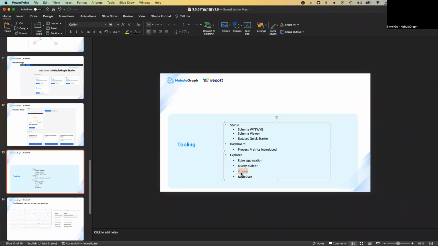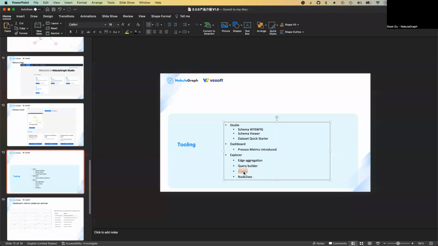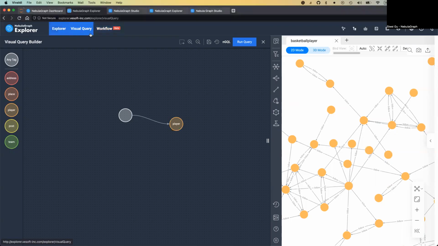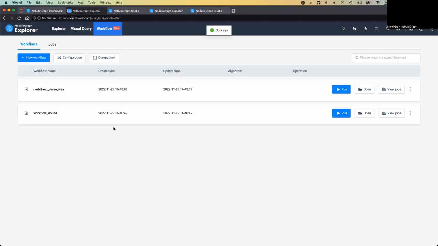The final one is the iframe, so you can embed the whole tool in your internal tooling web page. Some of the users require this. Finally, this is the node2vec part. I think you may be interested in this, so I will show you in the workflow. Workflow is a tool that you can